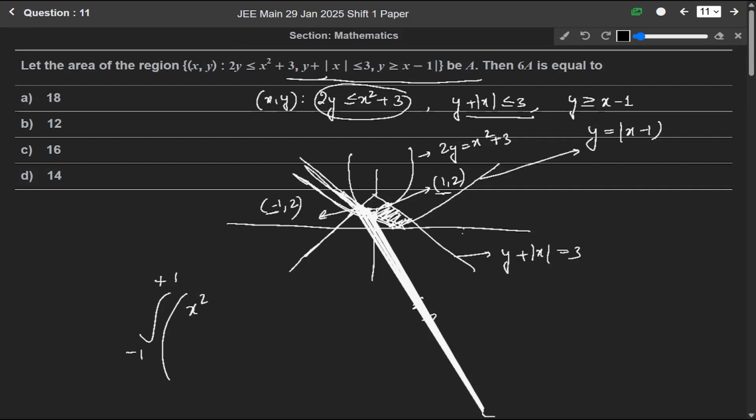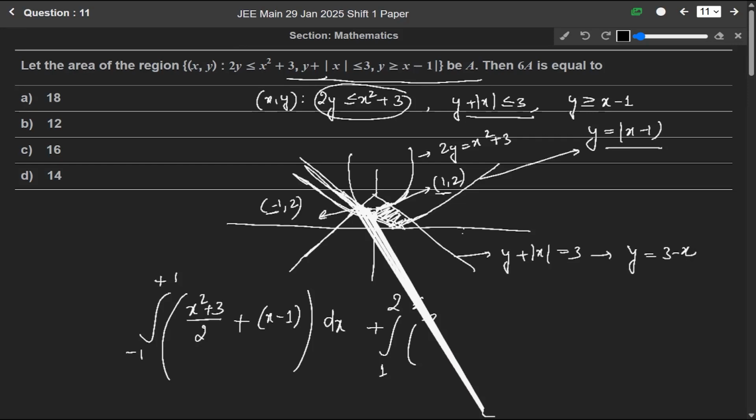So we write x square plus 3 divided by 2, this parabolic area, plus this line equation, x minus 1, dx. Now for the y-axis, this will be 1 to 2. From here we can write y equals 3 minus x, so it will be 3 minus x